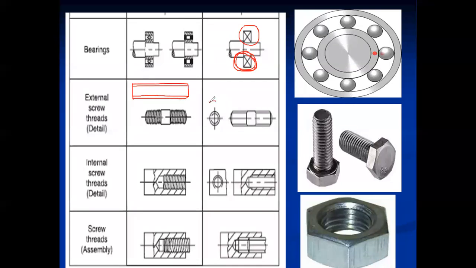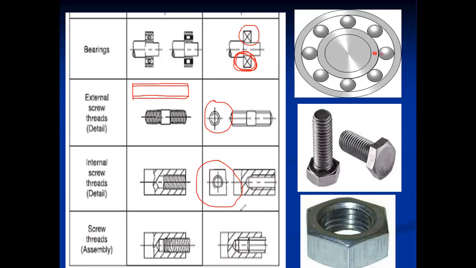What about its symbol? Whenever there is external threading, before that I will ask for which component there is external threading and for which component there is internal threading. Bolts are having external thread, nuts are having internal thread. What about the symbol? Suppose there is external thread. Which sentence we have to remember in that case?